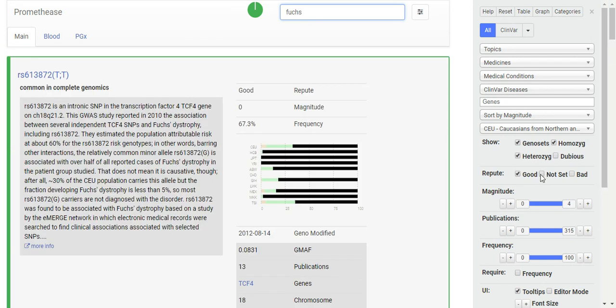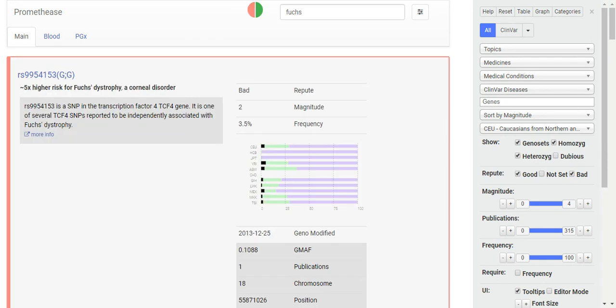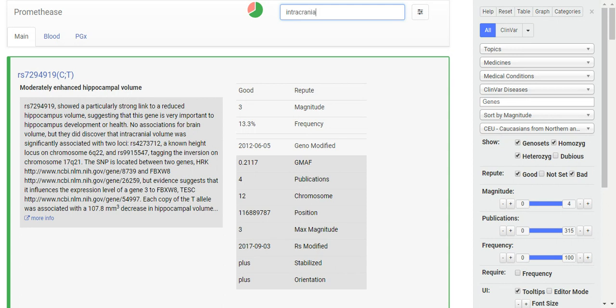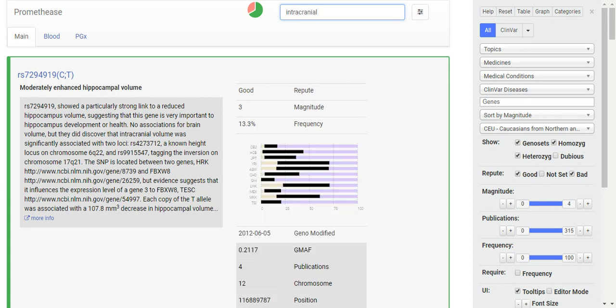Like Fuchs dystrophy, 5 times higher risk for that, or I can search for intracranial. So it says moderately intense hippocampal volume. You can read about that.